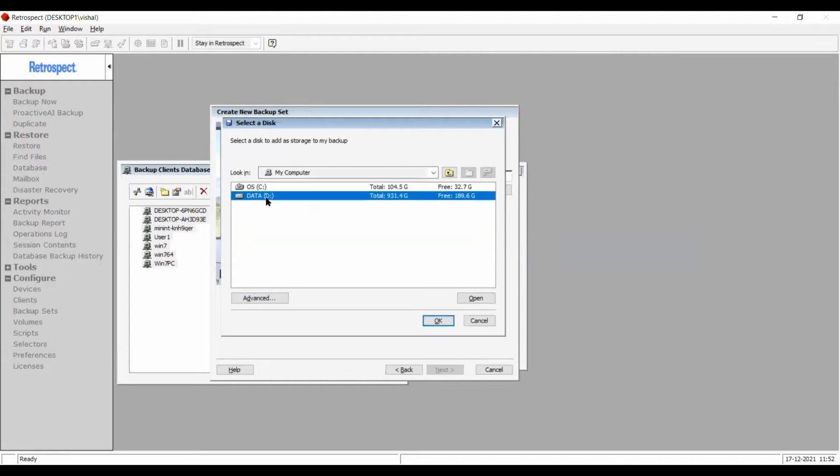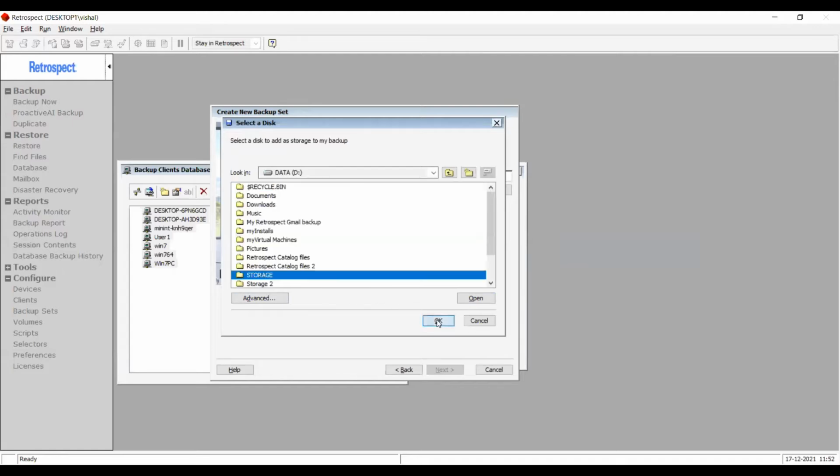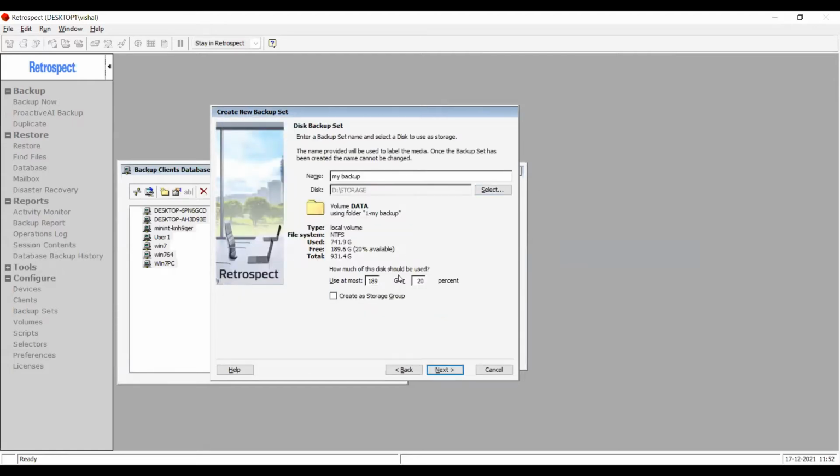So I'm going to go to my D drive or any specific folder. The next thing you might want to do is to increase the use percentage. By default, it takes a set percentage of whatever is available there, but it works better if you make it 99. You don't want to be restricting space from within Retrospect. Whatever is available, let it use, and it is dynamically utilized.